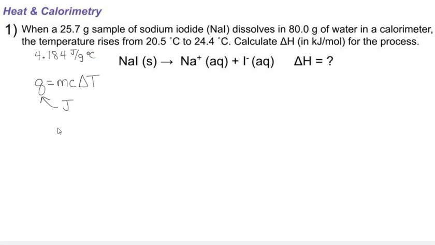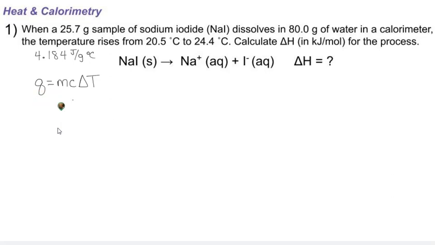Then we can take that number of joules, and we need to get the number of joules per mole, so we'll figure out the mass of the sodium iodide that we're dissolving, and then figure out moles of sodium iodide. And then finally we'll take the number of joules and divide by the number of moles to get the number of joules per mole, and then simply convert to kilojoules from there. And so this is a multi-step process, but the first thing that we need to do is figure out what